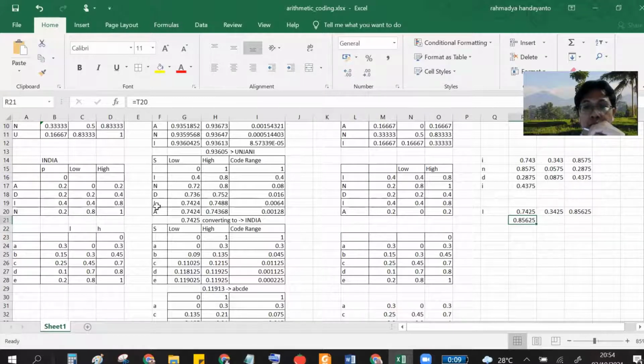Okay, again we see this table, 0.85 is, you see the N is the range between 0.8 and 1, so the second letter is N. Okay, and since this is from 0.8 to 1, we have to decrease this with the lower bound of the N, and we get 0.05 and etc. And again, you have to divide by the range.